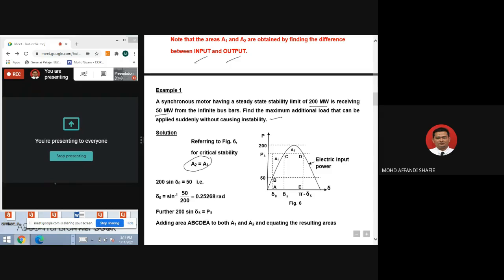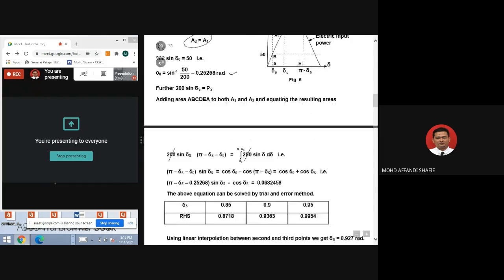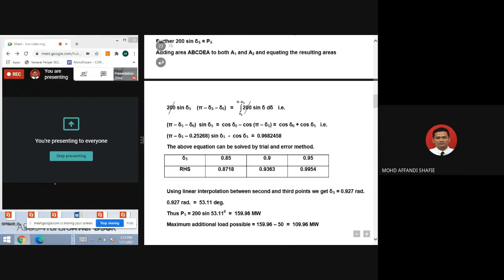So if we put here 200, we mean the input power, the maximum. Receiving at 1 here, so PE sin sigma O is equal to 50. In this example, sigma O is the sine inverse of 50 over 200, 0.25 radian. So further, 200 sin sigma here is equal to PS, adding area ABCDA to both A1 and A2, and equating the results, we can get here